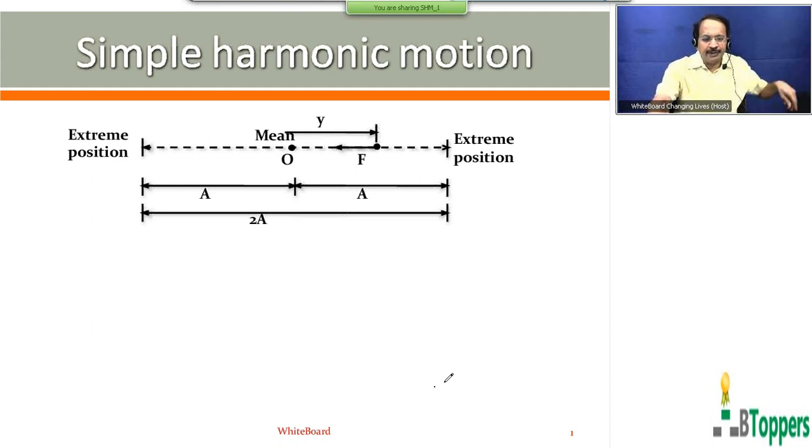This is the diagram showing the mean position, one of the extreme positions and the other extreme position here. And capital A is the magnitude of displacement, the amplitude. Here P is the instantaneous position of the particle at time t. y is the displacement measured from the mean position. So those who are writing the notes, please pause and copy this diagram first. Next, I am going to show you the definition for simple harmonic motion and the summary of the discussion I have done so far. Come on, copy this diagram first.